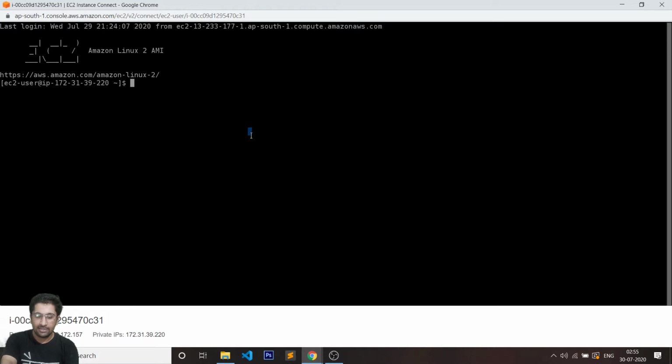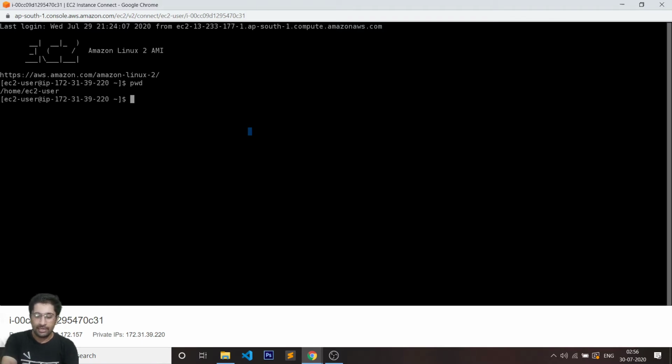Now, I'll quickly start with the first command, that is pwd. This pwd means present working directory. So now if I go into the terminal and type in pwd, the output on my screen is /home/ec2-user. I'm logged in as the ec2-user. The directory where I will be logged in when I open the terminal is /home/ec2-user. If, let's say, your machine's name is ABC, the output of pwd will be /home/abc.